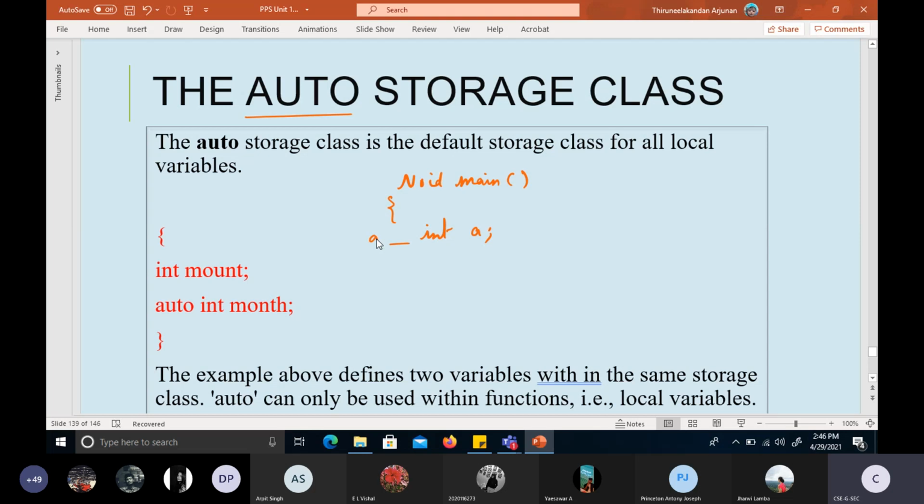There is no specific information regarding this, but basically such variables will act as local variables within a module. For example, if this is a main, and within the main we are declaring this variable, it is treated as a local variable. Nothing special in this one. Only the last two types will be somewhat interesting.